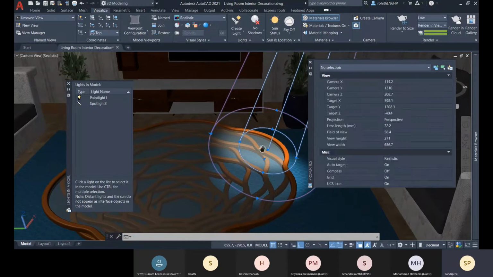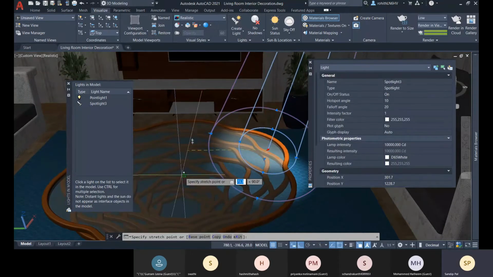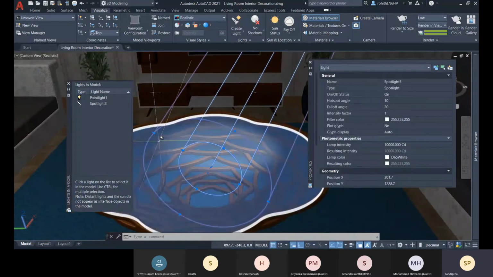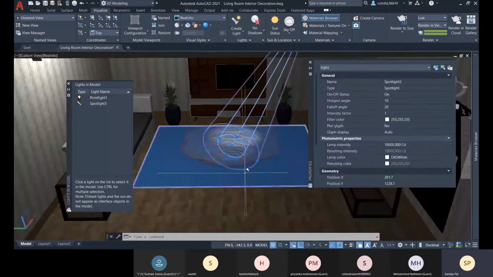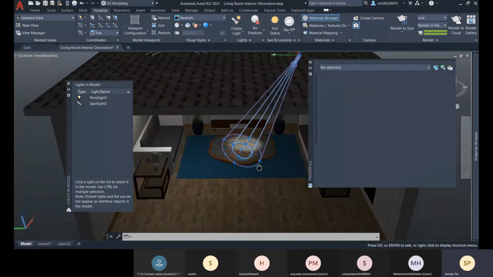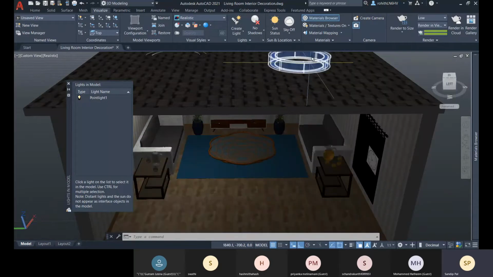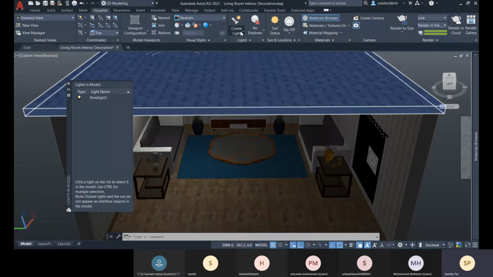Can you see that in the inner circle we have more intensity and it starts decaying till the fall off area? So this is your hotspot. You can create a hotspot if you need it in your scene. We also have distance light.